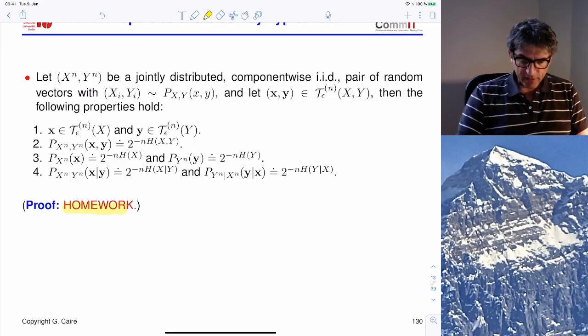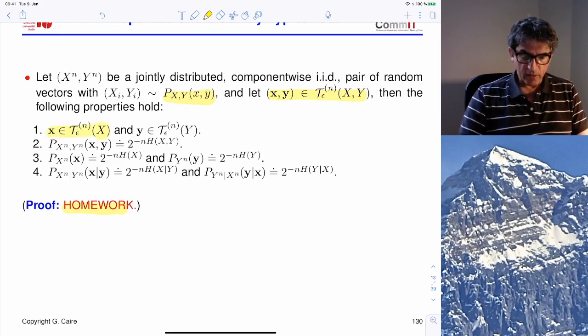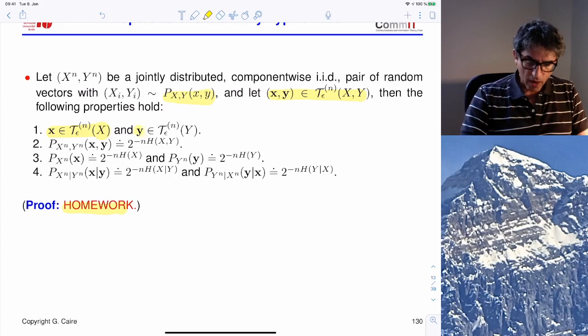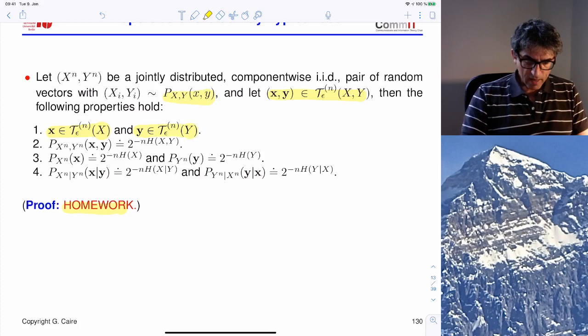So what we can prove is that for the jointly typical set with respect to a certain joint distribution, if x and y are jointly typical, then x is individually typical with respect to the marginal distribution of x, and y is individually typical with respect to the marginal distribution of y, and we have the asymptotic equipartition property, so the probability